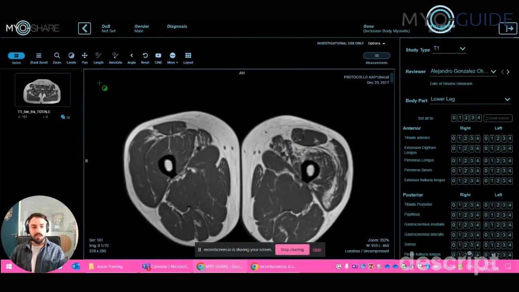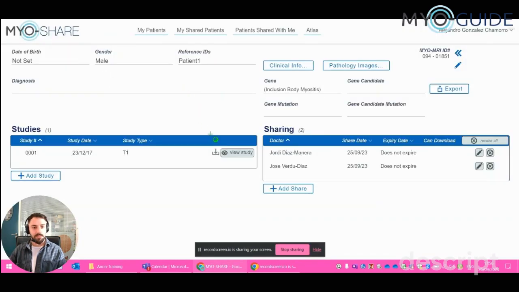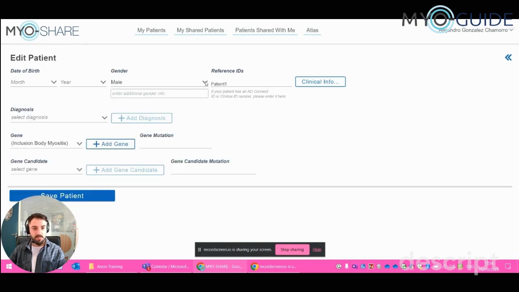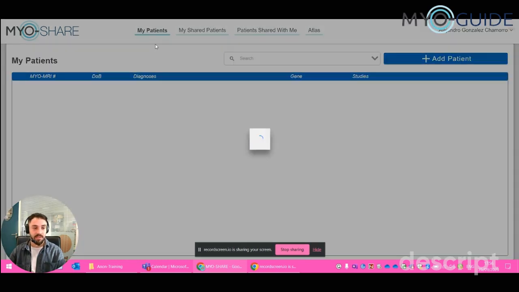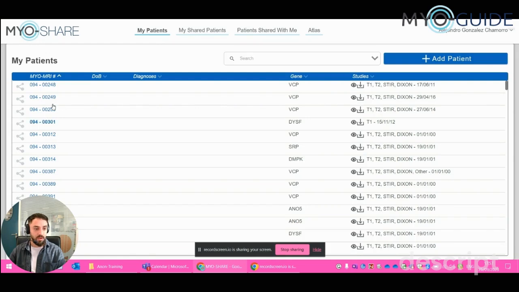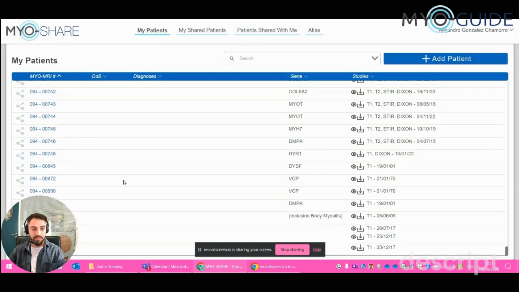Now that the uploading is complete, just come back. Here, if I made any mistake, I can always edit it. Let's say I want to change the gender or the disease, and it will be edited. Here at the top right corner, you will find this ID that my user has assigned to each patient. You will find it as well if I come back to the list of my patients. It's this column here, all these IDs. Our last MRI will always be the one at the very bottom.